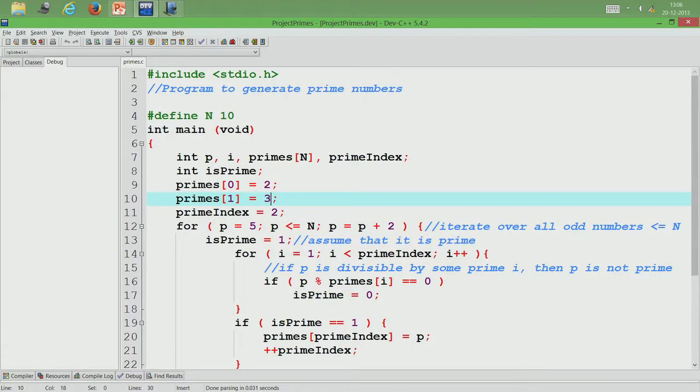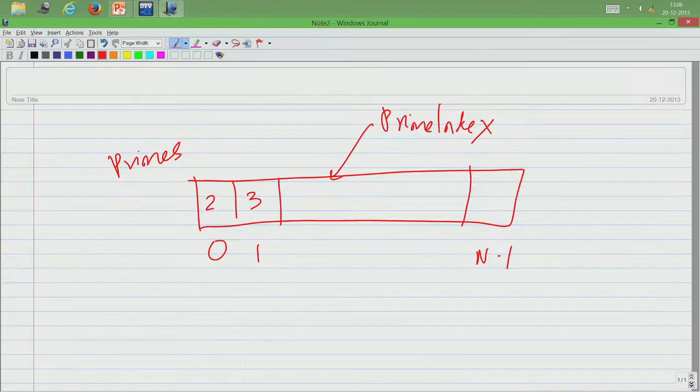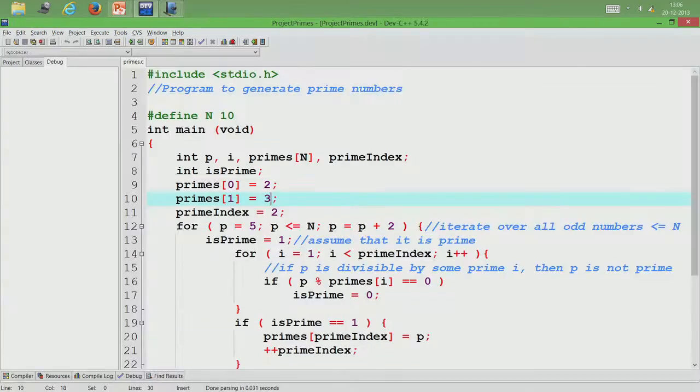So, that is prime index, and P is an iterator that is going to run from 5, 7, and so on. So, if N is 15, it will go till 15, 5, 7 up to 15. So, that is what this loop does.